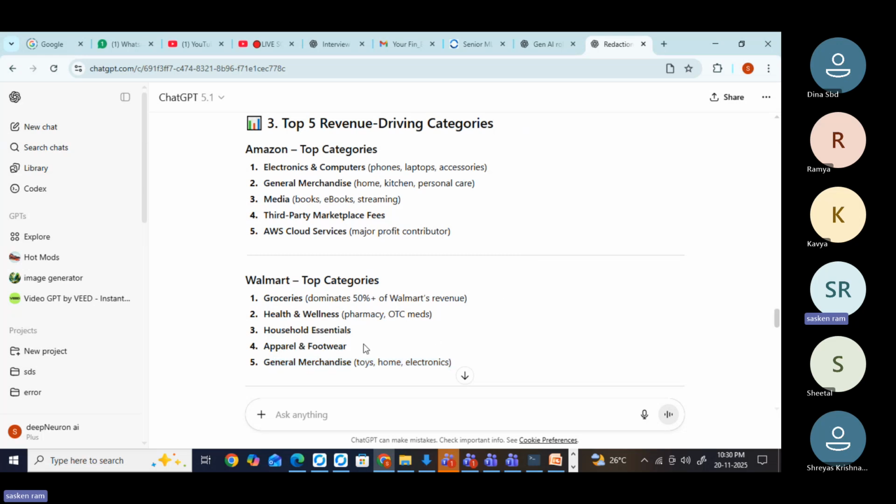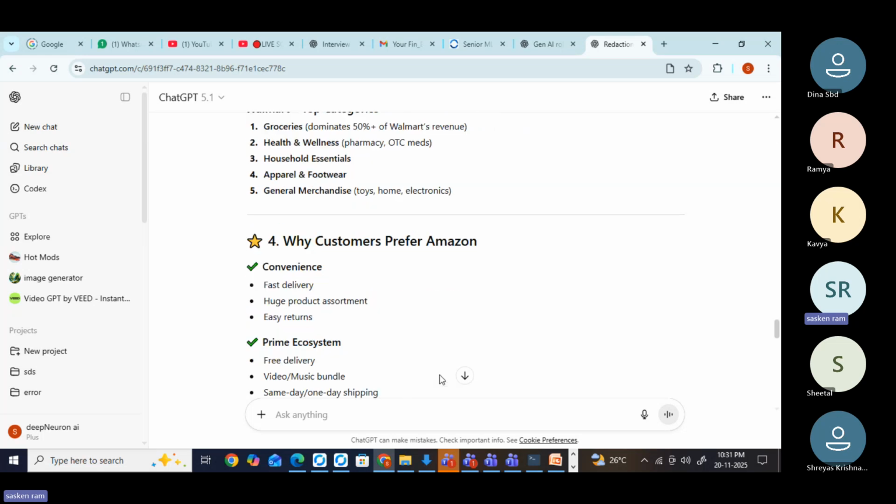Okay, the apparel and footwear. Look here, but here apparel is not there. So why are apparel and footwear driving more revenue here? Because the customers go to the shop in person, and then they can wear the dress in person, and then they see which one is good, right? They have the touch and feel kind of thing, right?